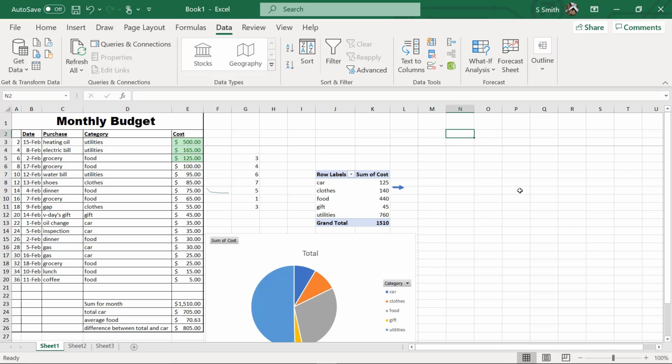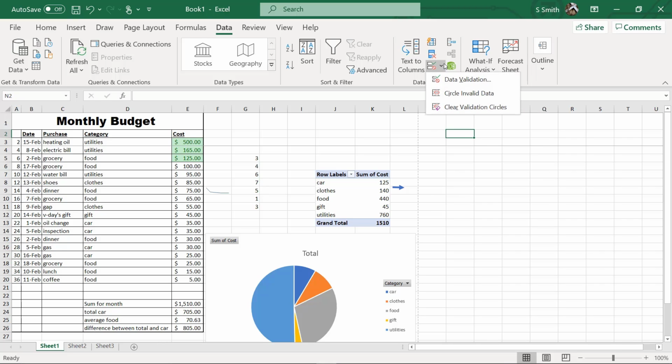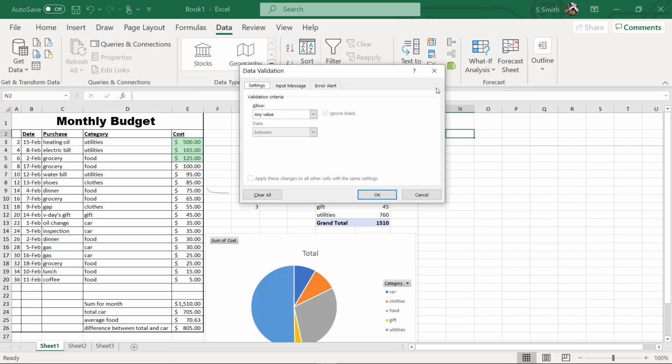Another interesting option on the data tab is right here. You can create some validation rules. If you have a field where you only want to require a number, just click this down arrow and hit data validation. What can be allowed here is any one of these options. Let's say you can only put a whole number in here. I'm going to click on that, and then I can have some other options. My data can be between, not equal to, greater than, less than. So let's say I can only enter a number less than 100.